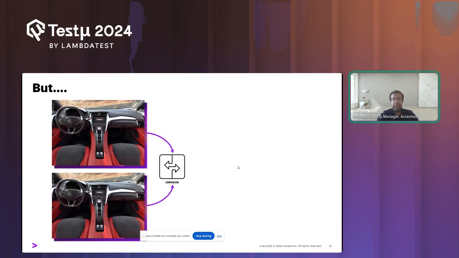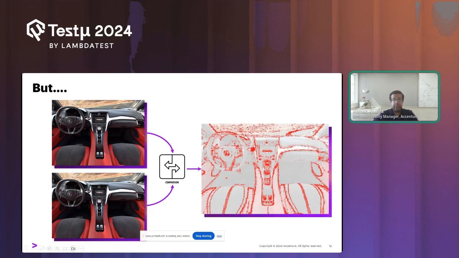So we used this comparison tool and got the images. This one is a base image, and this one is a new image from the new application. When we went into this comparison tool, we found these results. As you can see, it's all red. We realized that to get these images we use a rendering engine inside our application, and this rendering engine could change from version to version, and this could cause these changes in pixels, and it's very hard to deal with something like this.